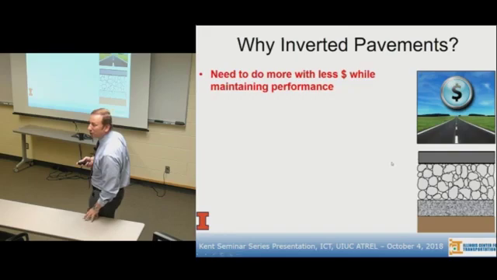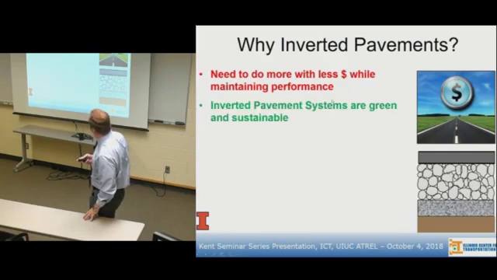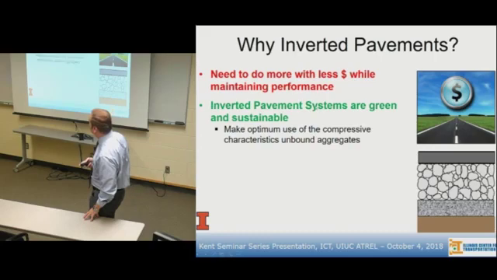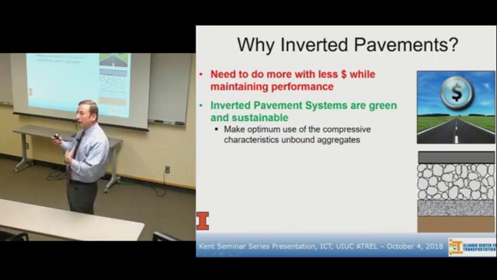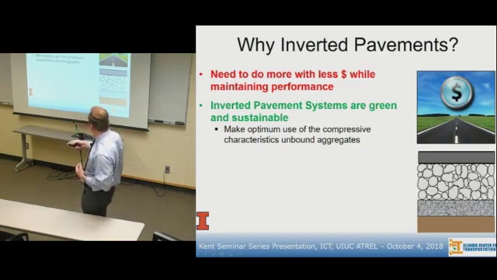They're taking advantage of all the good things in that inverted pavement design, and that way they're spending less money while getting the performance out of that road. They're green and sustainable alternatives because they're engineered alternatives. They make optimum use of the compressive characteristics of the unbound aggregates, because if you look at this cross-section